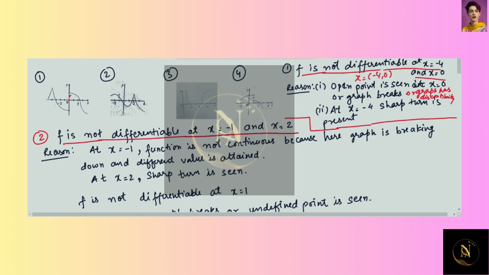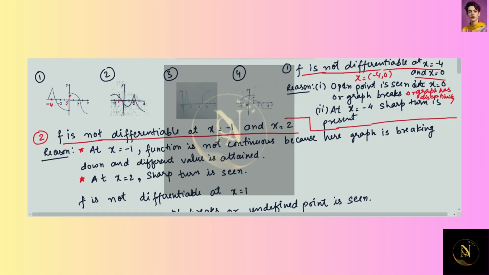So similarly from here we can see this was minus 4, right? This was 0. Similarly here we can see a sharp turn, right? At x equals 2. So this is not differentiable, right? So this is the reason for x equals 2. It is not differentiable. Again, at x equals minus 1,